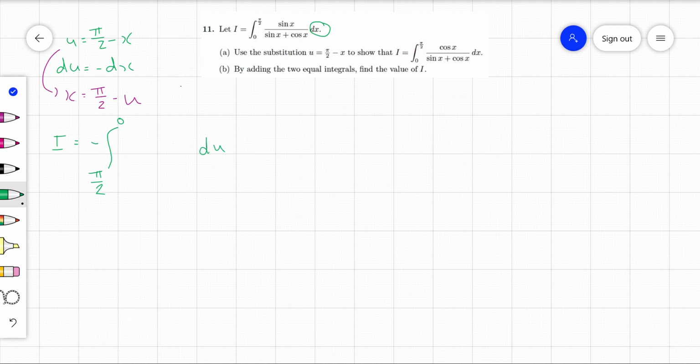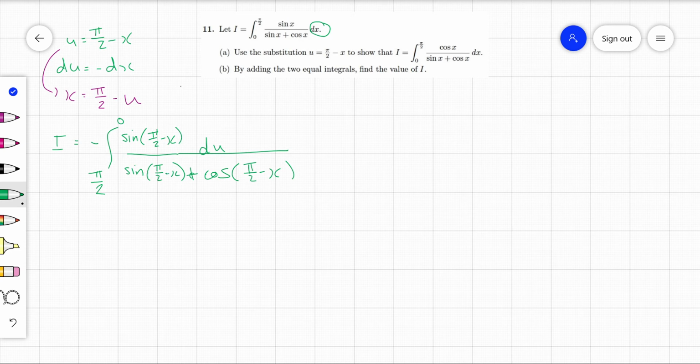And the other thing is sine x, so now I'm making that sine of, instead of x, pi on 2 minus x. And on the bottom, we've also got sine of pi on 2 minus x, plus cos of pi on 2 minus x. Alright,